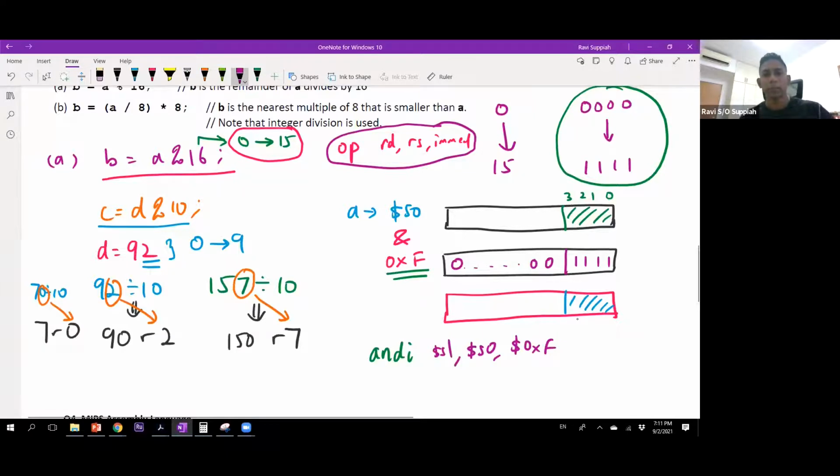Okay, so that is basically how you can perform this mod operation very efficiently by just doing a single AND over here. Of course, when you do an AND operation which is immediate, when you do an operation which is immediate,